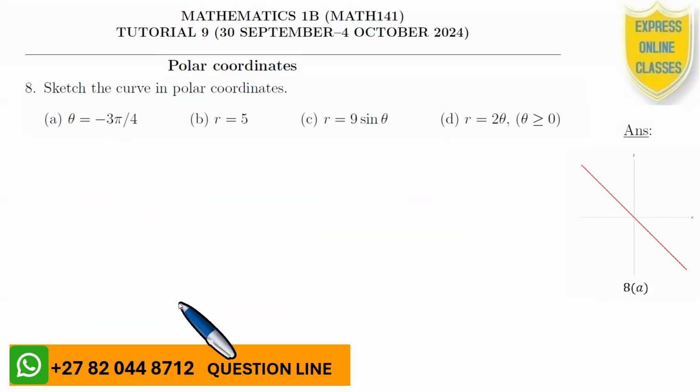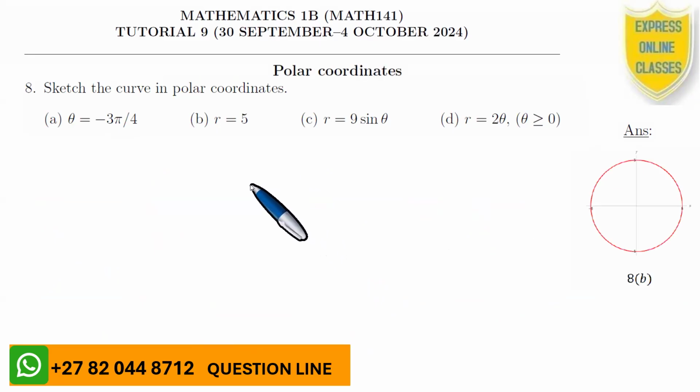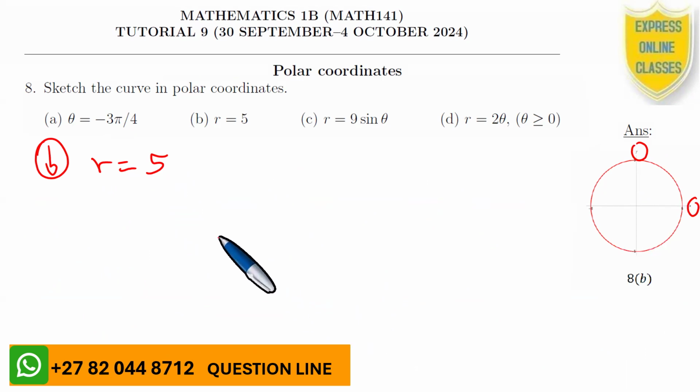Okay, let us look at part B. We need to sketch this one in part B. Right, so part B tells us that R is 5, radius is 5. So if we need to sketch radius 5,